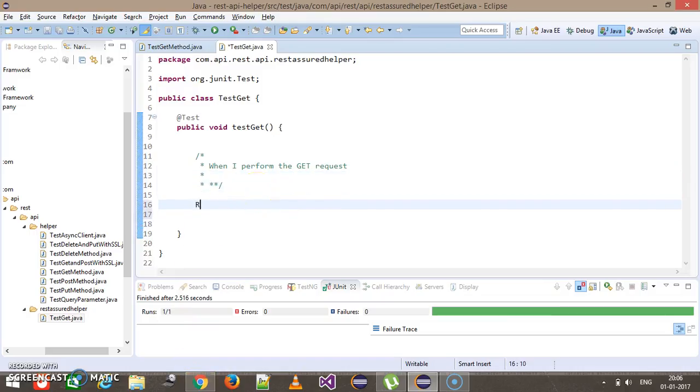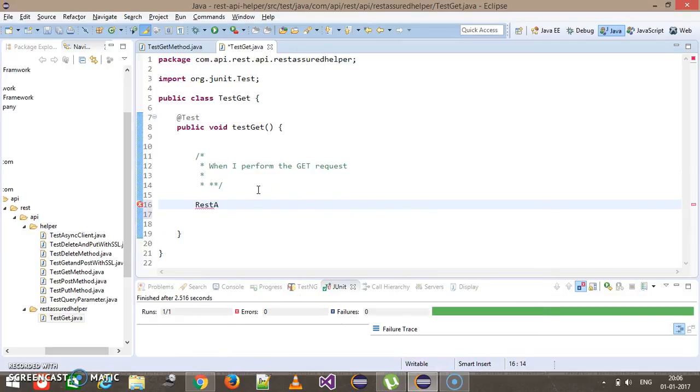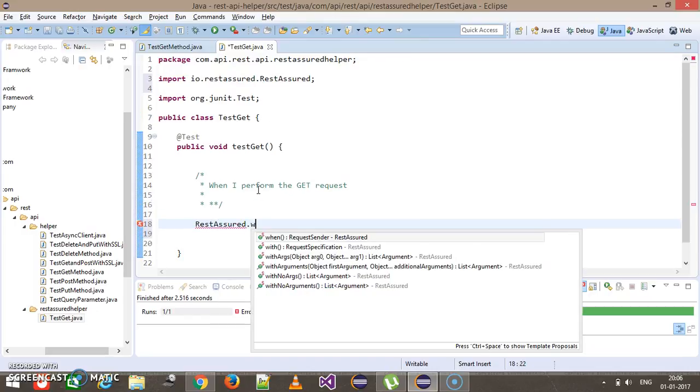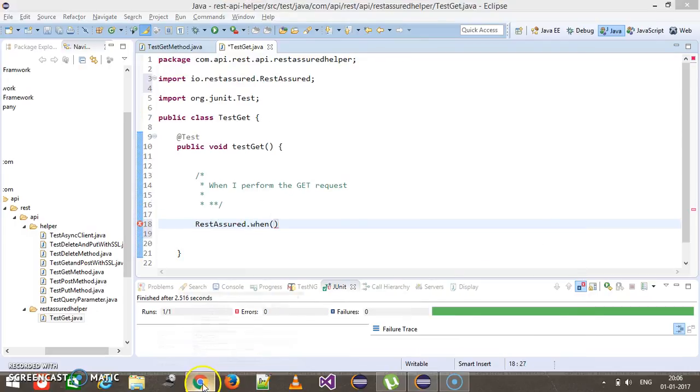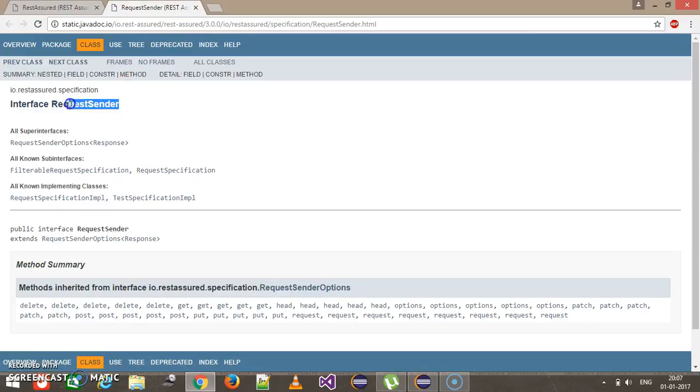So from the coding point of view, it will be like this: RestAssured.when. If I look at the return type of this when method, it is going to return us the type of RequestSender, and RequestSender is an interface. These are the classes which have implemented this particular interface.